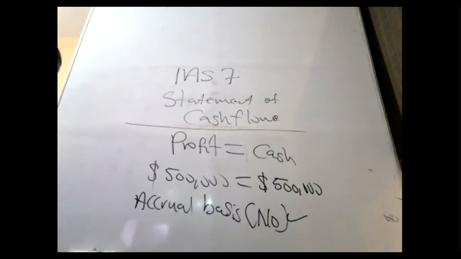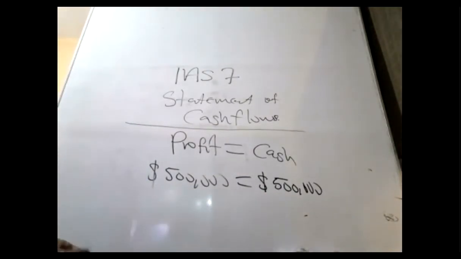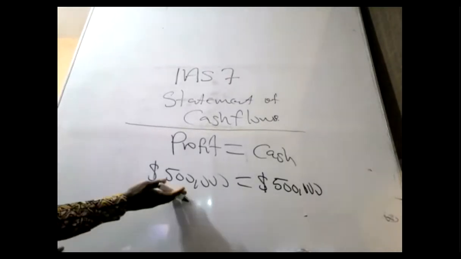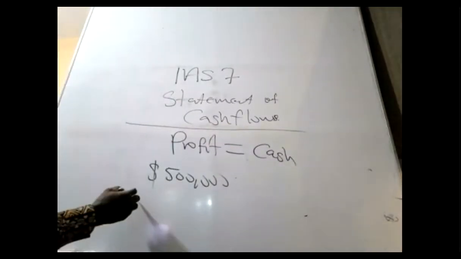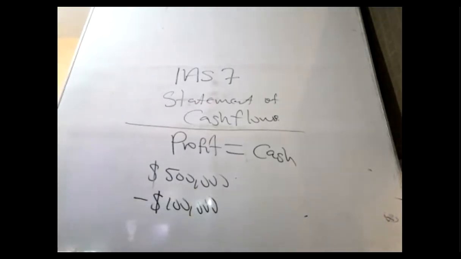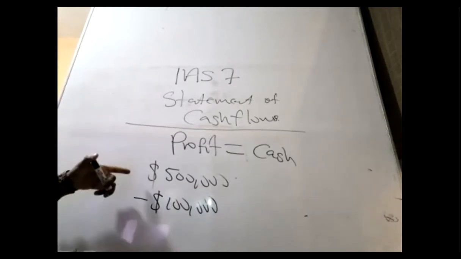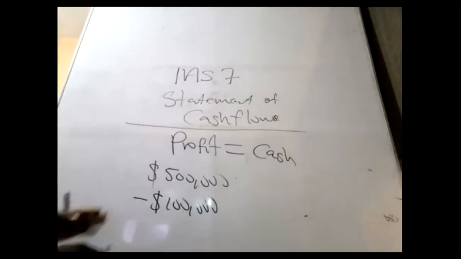That's the final answer. Now, if profit is not equal to cash, for instance, if you are the accountant of, let's say, an NGO or a religious body like a church, where you have reported a profit of $500,000, and then they ask you what the cash balance is, and you tell them it's negative $100,000, that is, you are owing, he'll tell you: despite all the profits of 500,000, our cash balance is negative? What caused that?